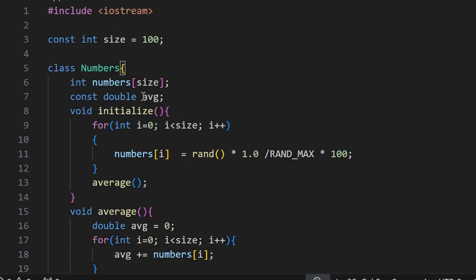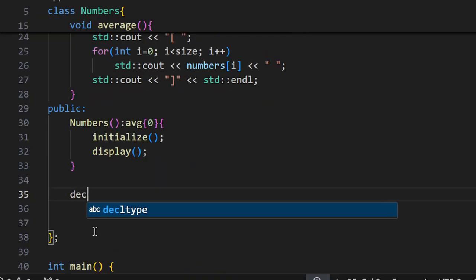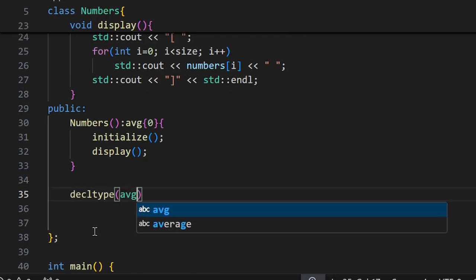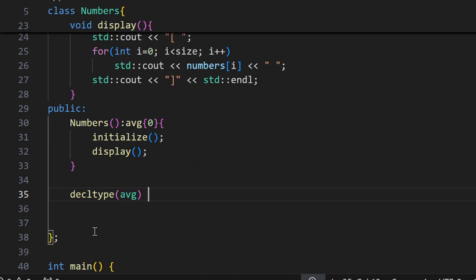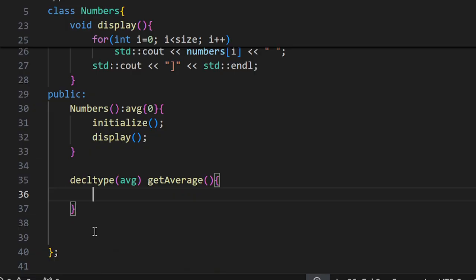If I want to return this average, then I want to determine the type through this average. So I can use decltype in this case with avg, and then the function name is going to be get average, and here you can return,